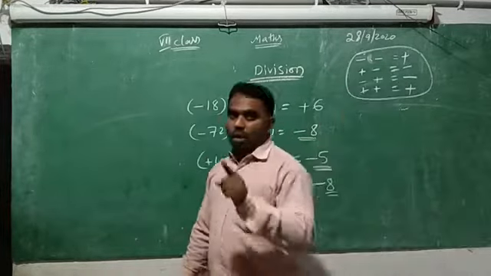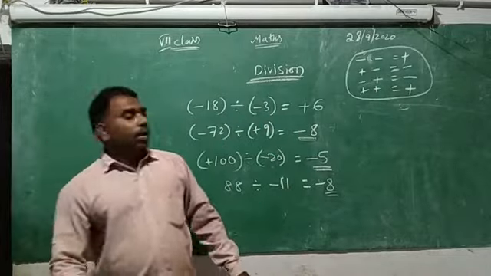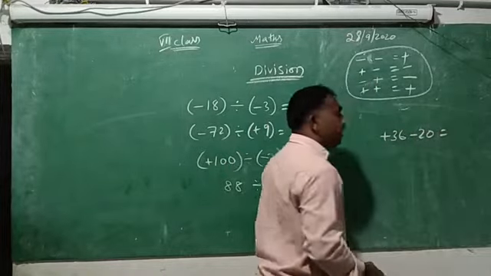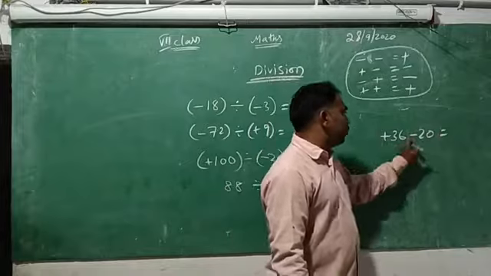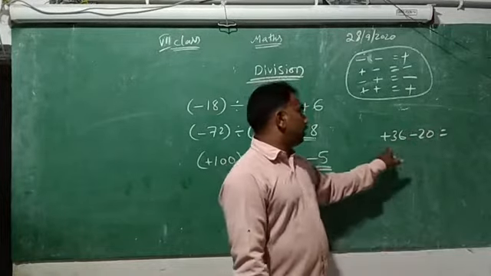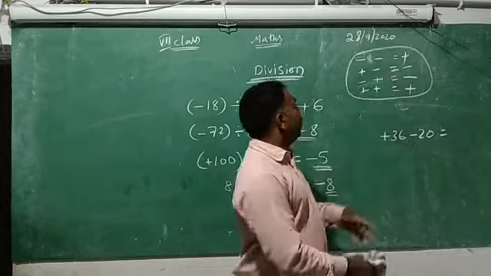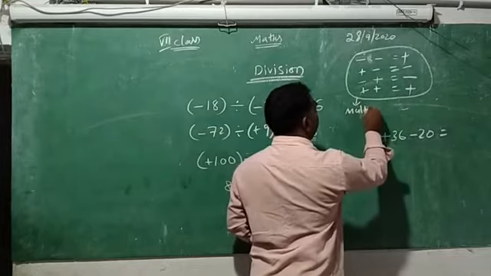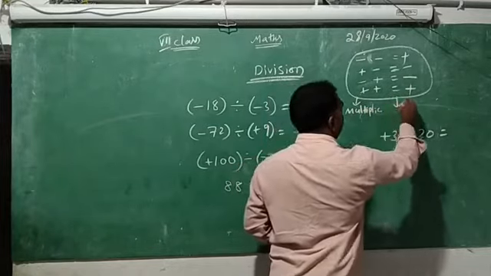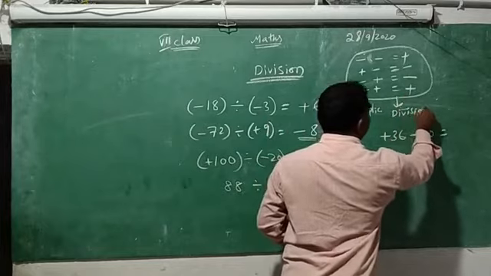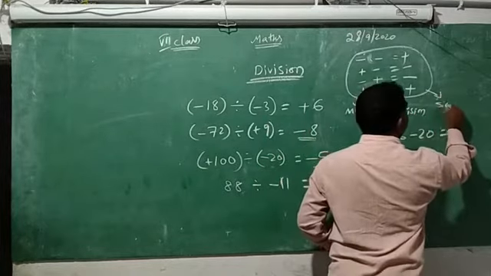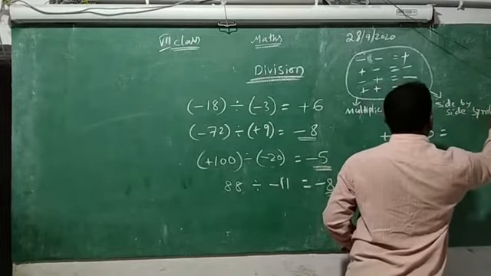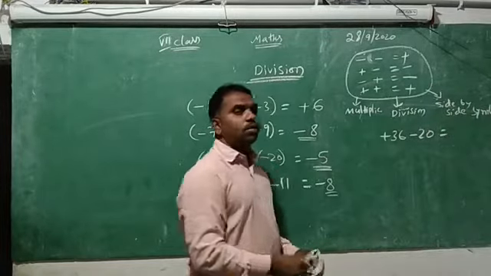So finally, one more thing you all will confuse somewhere. That is, in addition also, suppose plus 36 minus 20 I have given. There also you will try to do the combination. You should not do the combination here. This combination we have to use in 3 situations. That is multiplication. In multiplication you can use these combinations. In division you can use this combination. And in side by side symbols you can use this combination.